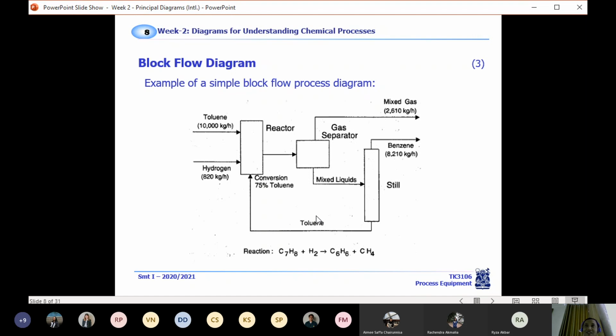So when you come to an industrial plant for the first time, usually I will request the block flow diagram first, not the process flow diagram, not the P&ID. I will look at the BFD first, to understand the helicopter view and the macro picture. After you understand this, you can go to the detailed technical information. But for brief information, it is nice to look at the BFD first.